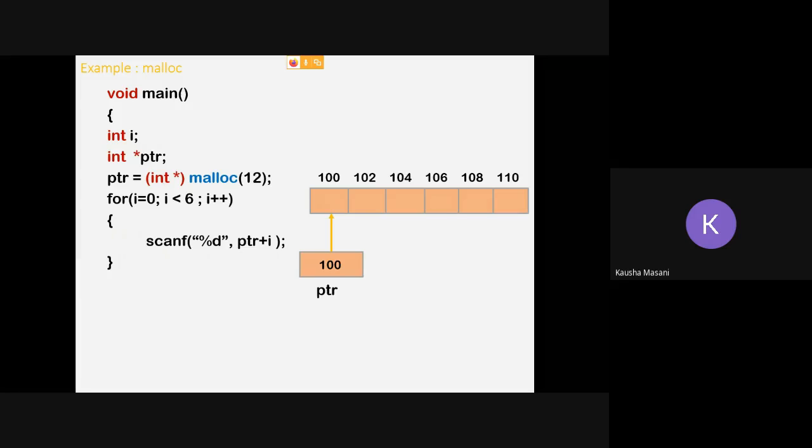Okay, I'm taking the values. So total 6 values will be taken up. All right, and I'm going to print those values. So again, a for loop is going to be taken. One more thing here, ptr plus i is mentioned. If it was in case of an array, you must have written it as arr of i. But here we are going to mention the pointer. With the help of the pointer, we are going to scan the elements and enter those elements here one by one.